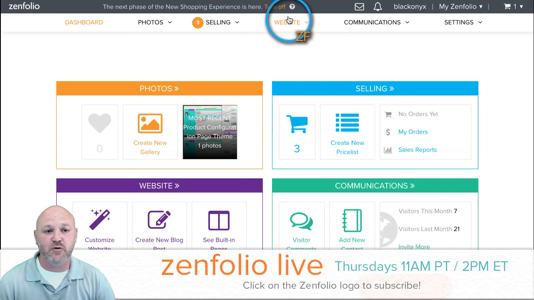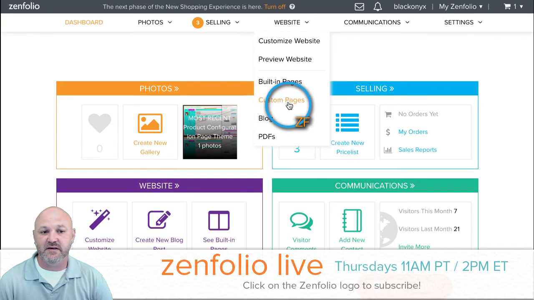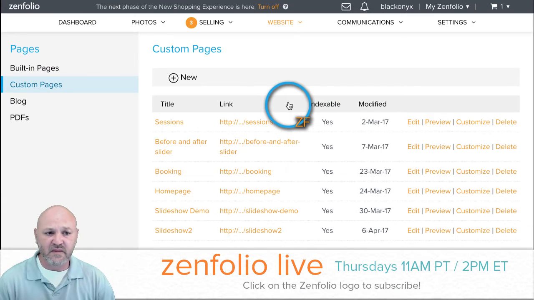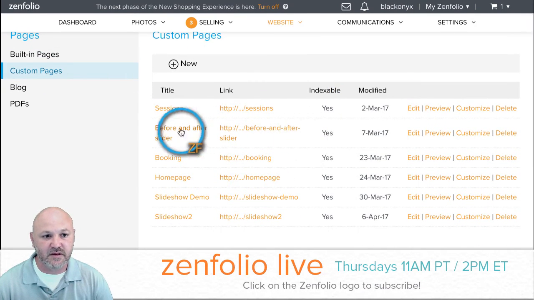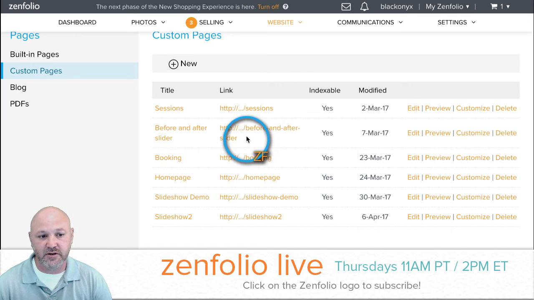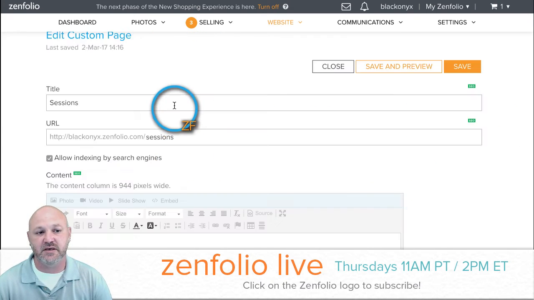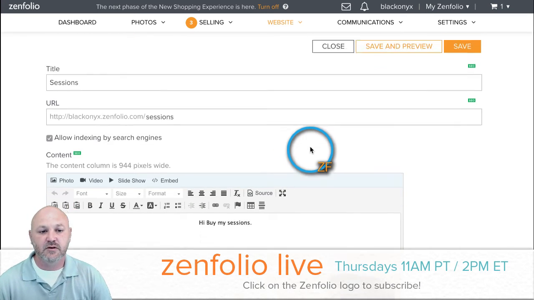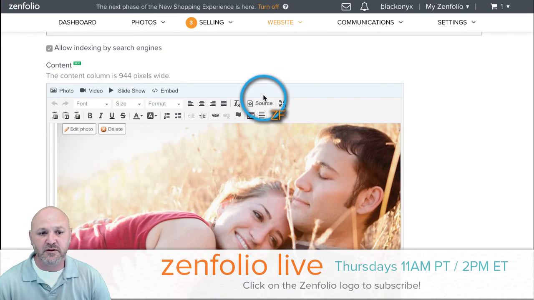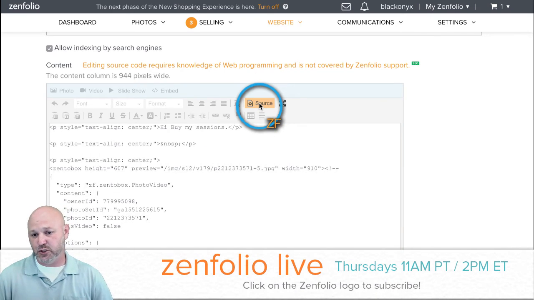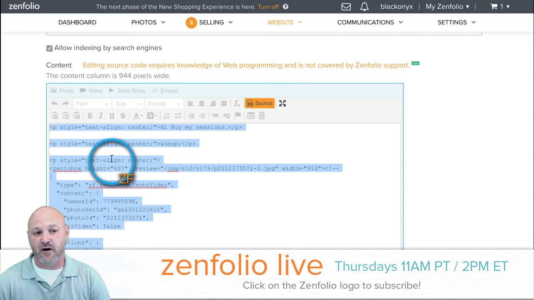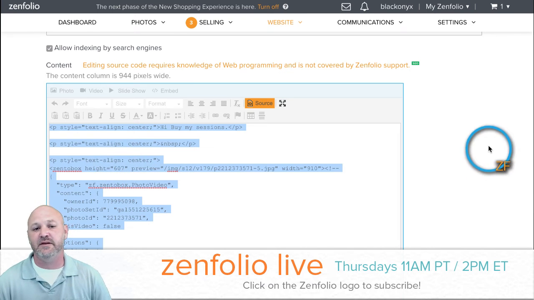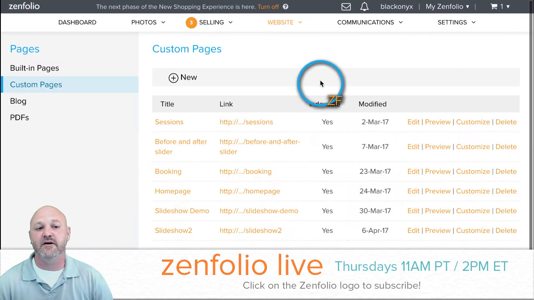What you want to do is go to that custom page. So we're just going to go to website, custom pages right here. And let me find one here that is a good one to look at. Basically what you can do is click in that custom page right here, scroll down, click on source, and this is going to show you the source code to that custom page. Click in this source, and then I'm going to do Command A, and that's going to select all of that text, Command C to copy it, and then I'm just going to close out of there,